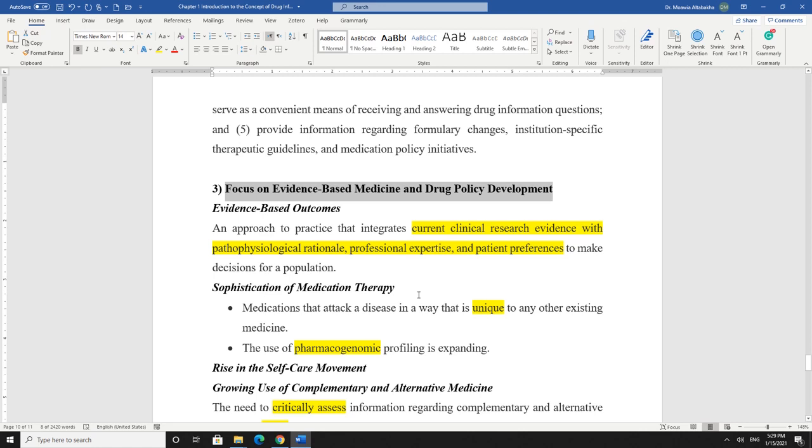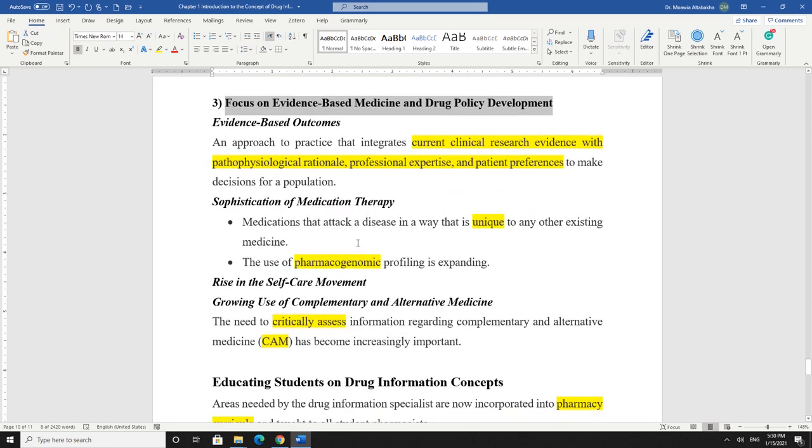In some cases the clinical research might tell you this drug is better than the other, but maybe the patient does not like the drug that sounds better, because the other drug may be more effective but it is not convenient for the patient. For example, insulin injections are more effective than insulin inhalers, but maybe the patient does not like injections, so the patient can go for insulin inhalers. So this can play a part in choosing the medication.